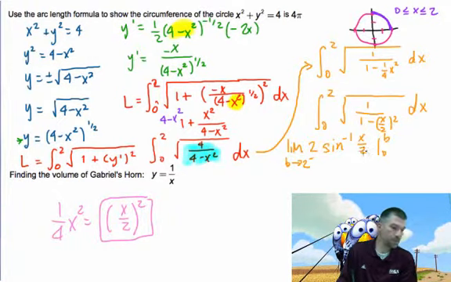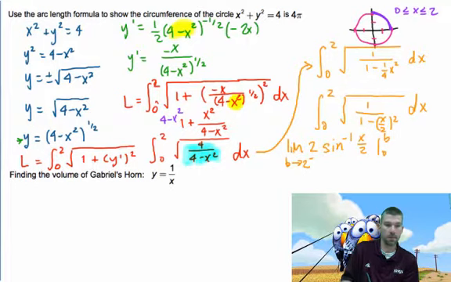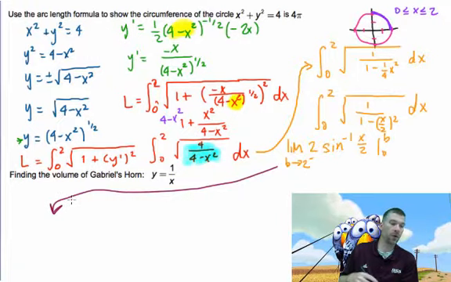Okay. So there's your setup on this guy. Doesn't look too bad, right? All right, I'm going to finish the problem down here under Gabriel. So to finish off this problem, what we're going to do is put our stop minus our start in. And that's going to give us the limit